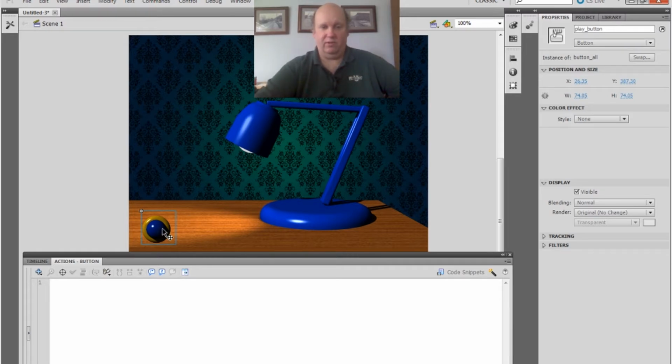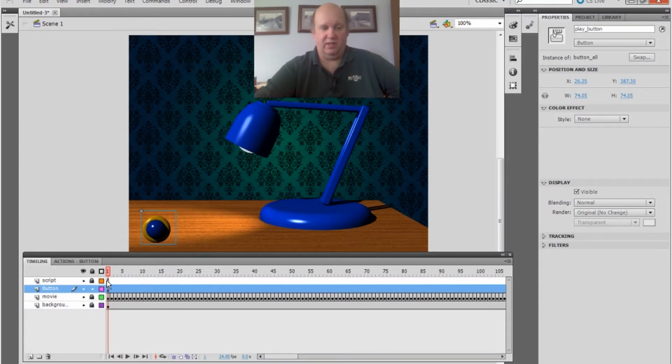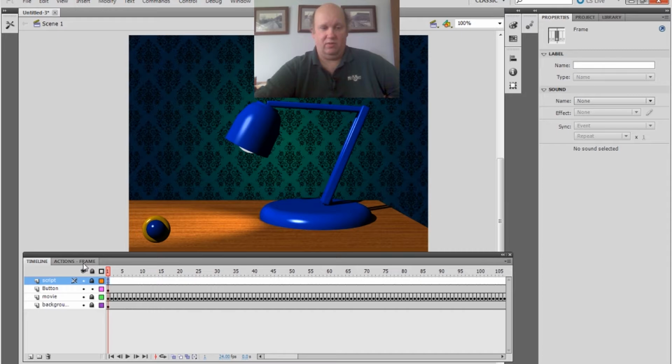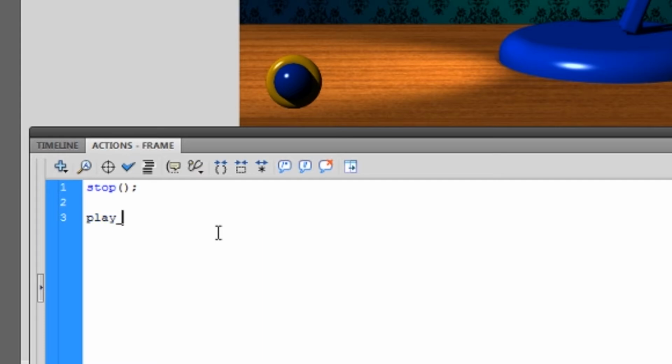That particular button, you can put as many buttons as you want, but that one's going to be called play underscore button. And if we go back to our timeline and click on the script, we're going to keep all the script in the same place, and I'm going to say play underscore button, which is what this is, dot on press, which is a command, equals function,